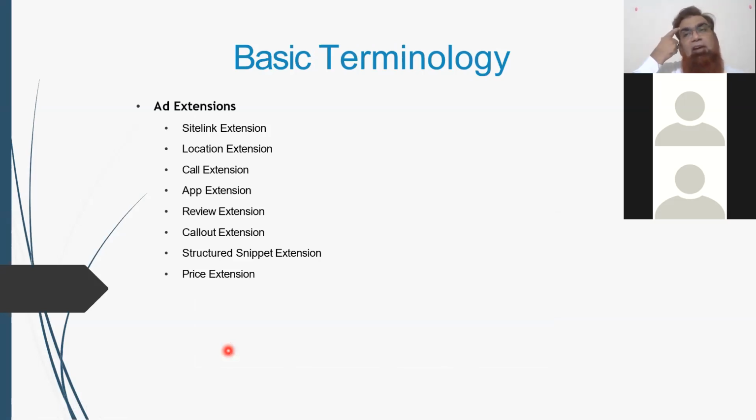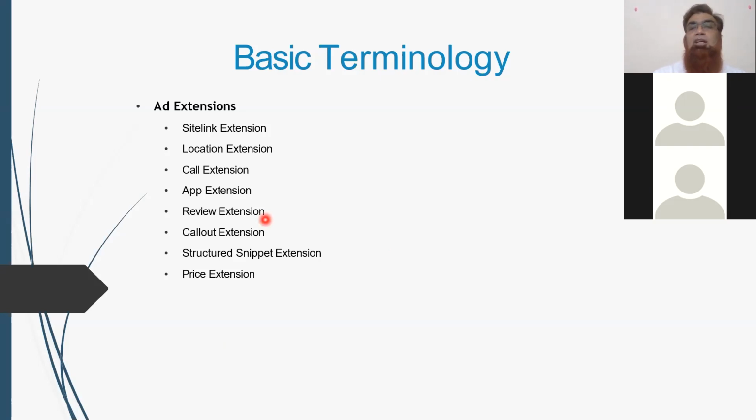And these are various kinds of ad extensions. You may see when you search in Google that some of the ads also show an address. Sometimes it says the shop opens from 9 a.m. to 9 p.m., and then it will also have a location, a phone number, many other listings, and reviews. All these things are called ad extensions. For this you need not pay anything extra to Google, but it gives more impact to your ad for the website you are running, so that users feel more encouraged to click on a particular ad.